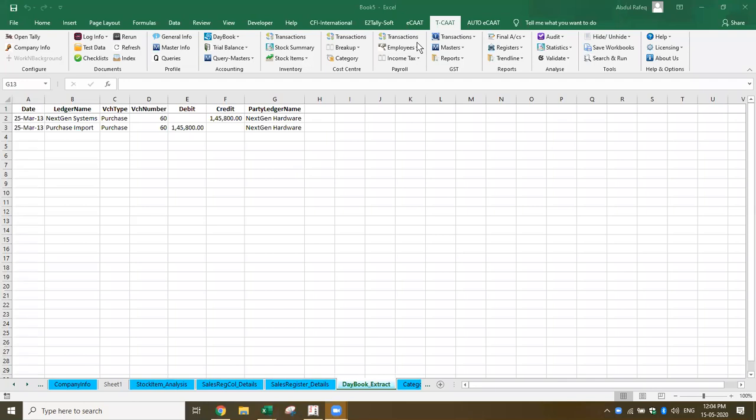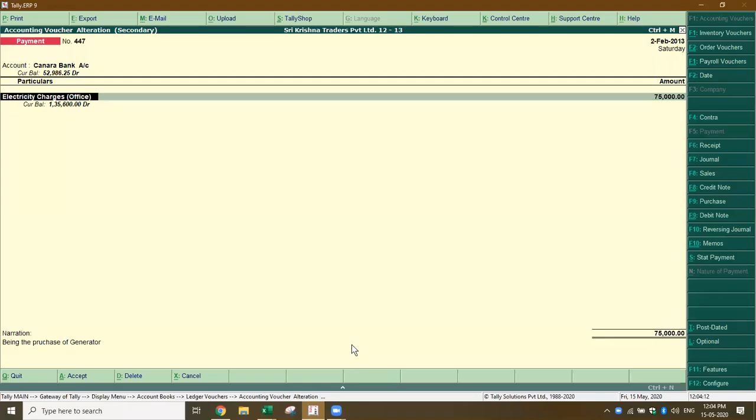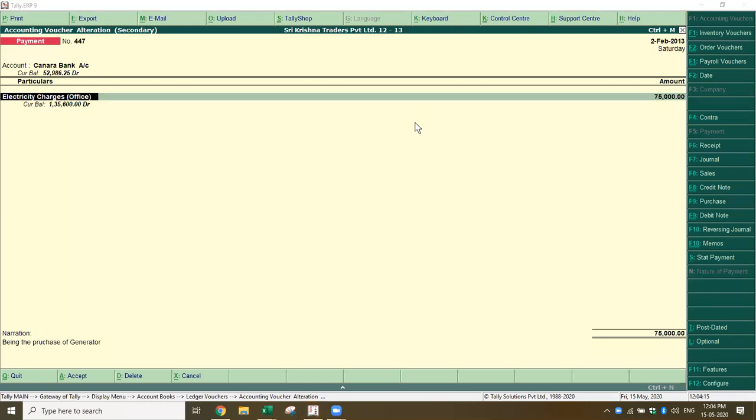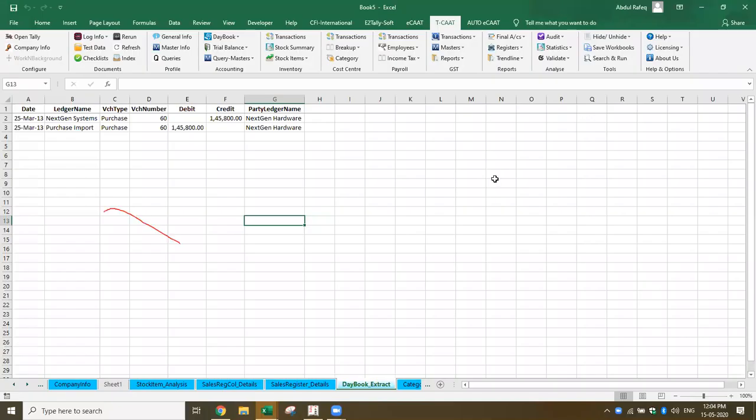Okay, bank reconciliations, anything can come here? No, bank reconciliation is not possible here, because in Tally itself they have an option. Tally has added a new option. If you have your license and everything is up to date, they have an option for bank reconciliation. What you can do is download the bank statement, and based on that they show how you can do the bank reconciliation. We don't have bank reconciliation.